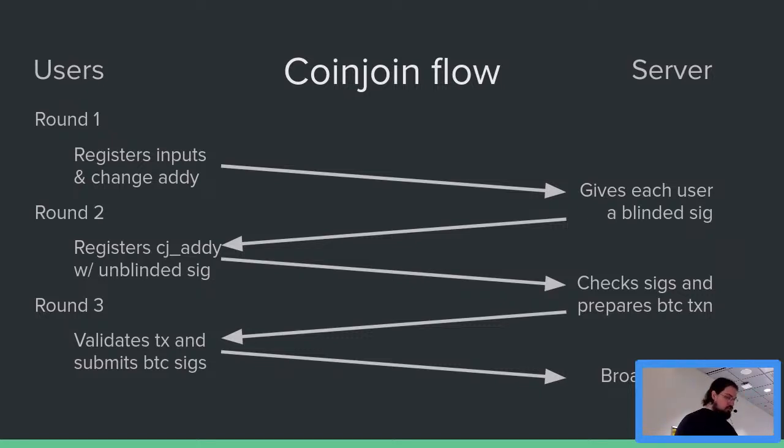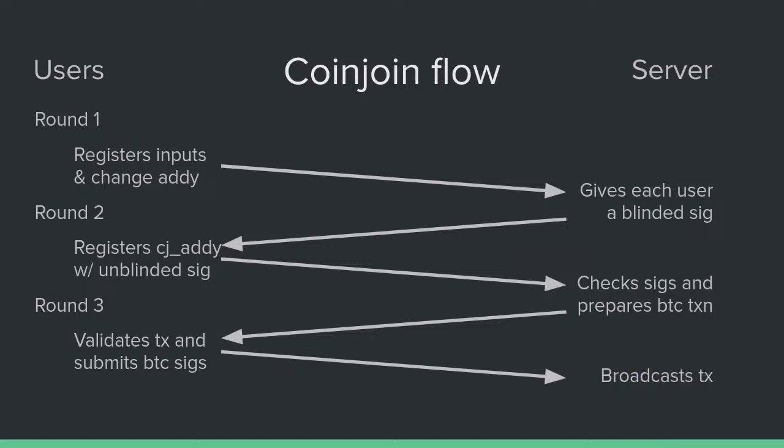He submits this transaction template to everybody, and in round 3, everybody validates that they're getting the right amounts. They're validating that their CoinJoin address is getting 1,000,000 sats, and their change address is getting their inputs minus the fee, minus the CoinJoin amount. Everybody checks their own addresses, and then they're like, okay, I'm getting mine, so I will sign this transaction. And if anybody doesn't sign, the transaction doesn't happen. So this is good. You don't have to trust this coordination server,